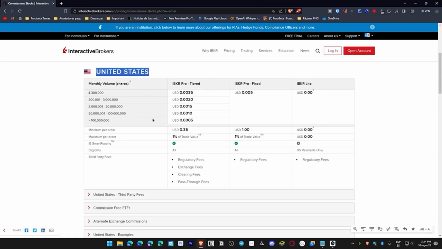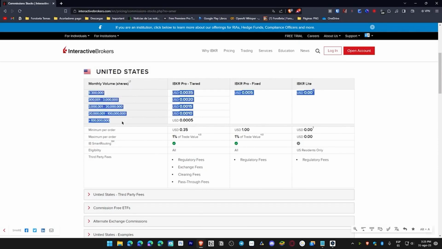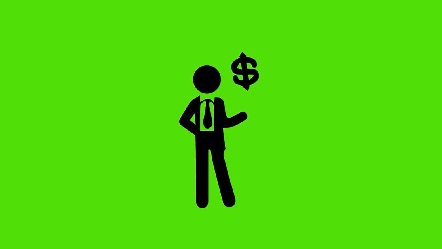In this particular case, the first thing we have to consider is precisely why we are going to be charged. Well, quite obviously, we are going to be charged for our investments, and these investments will be measured in shares, that is to say, in stocks, which is exactly what you see depicted here. So what happens, depending on the exact number of shares we currently have in a particular trade, that is to say, in a purchase or a sale transaction, a specific commission will be applied, as you can clearly see here